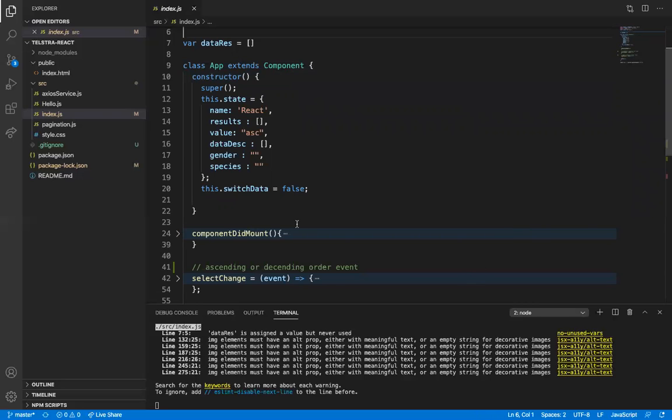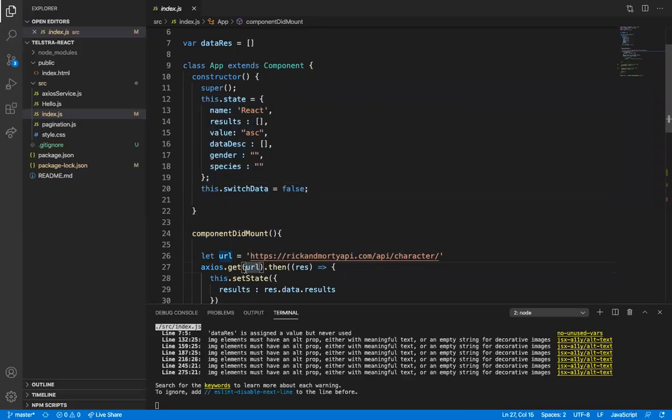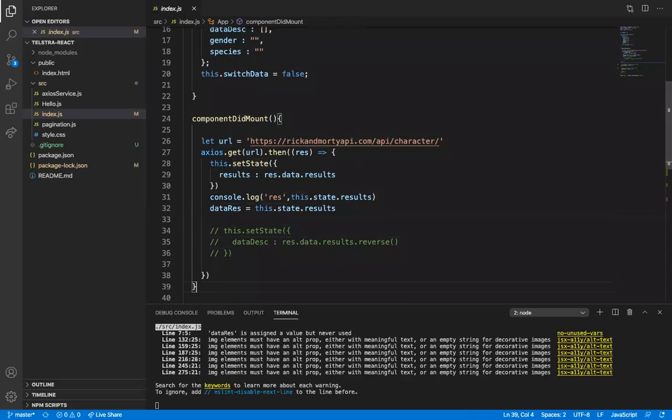I have also created one switch data. These state variables I am going to use in my program. Now the important thing is how we are getting the data.